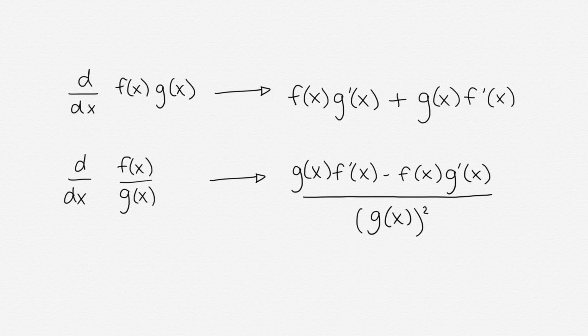Similarly, if we have one function divided by another, to get the derivative, we again find each of the individual derivatives of the numerator and denominator, and then put it together like the rule says. The denominator times the derivative of the numerator minus the numerator times the derivative of the denominator, over the denominator squared. Now, while these rules look complicated, you don't usually need to memorize them because more than likely your teacher